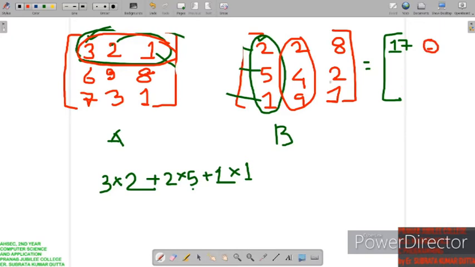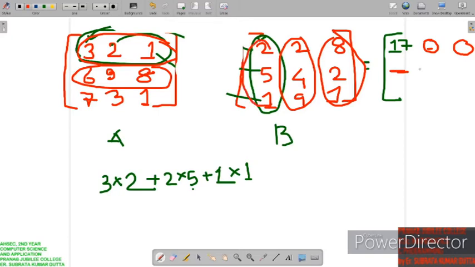Similarly for the third value, or for the 0 3 index, okay, what we will do, first row last column, right, first row last column, that will give this, okay. For this position, second row first column.